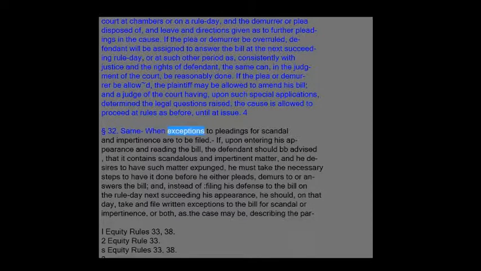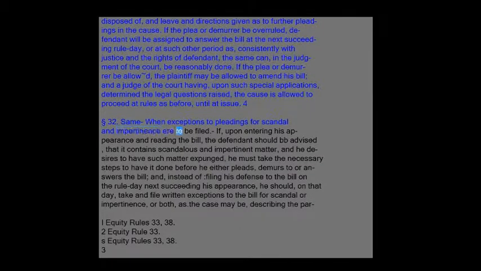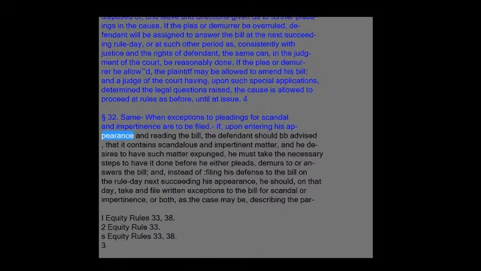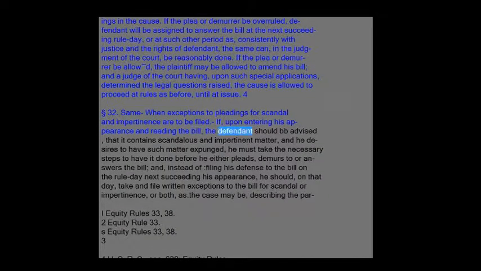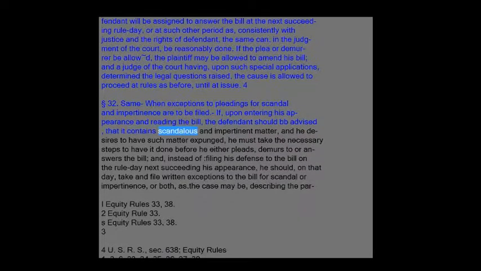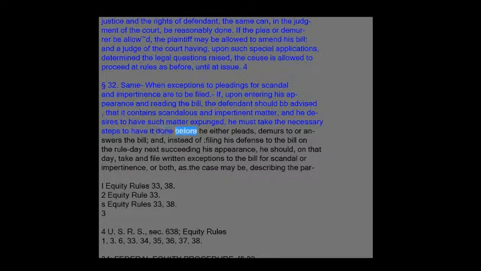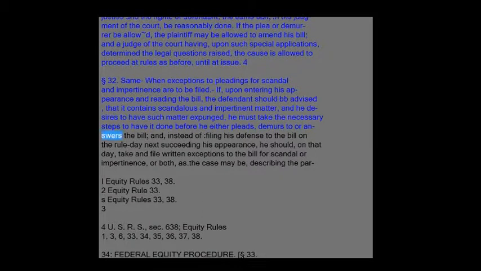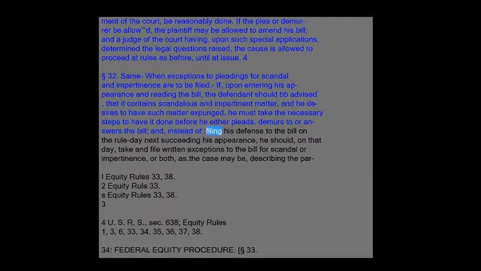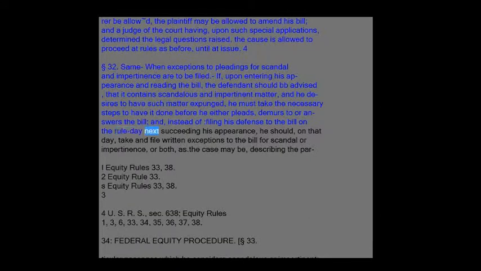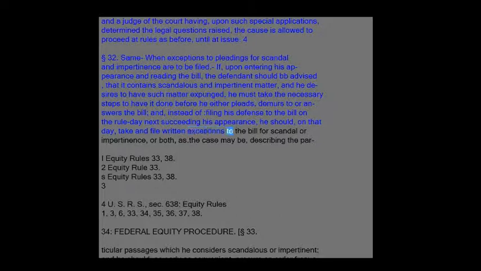32. Same when exceptions to pleadings for scandal and impertinence are to be filed. If, upon entering his appearance and reading the bill, the defendant should be advised that it contains scandalous and impertinent matter, and he desires to have such matter expunged, he must take the necessary steps to have it done before he either pleads or demurs to, or answers the bill. Instead of filing his defense to the bill on the rule day next succeeding his appearance, he should, on that day, take and file written exceptions to the bill for scandal or impertinence, or both, as the case may be, describing the